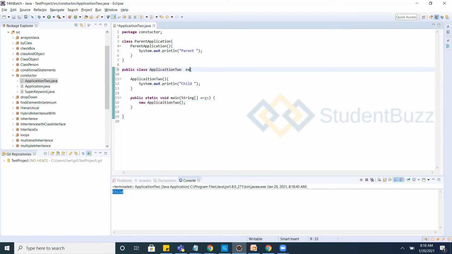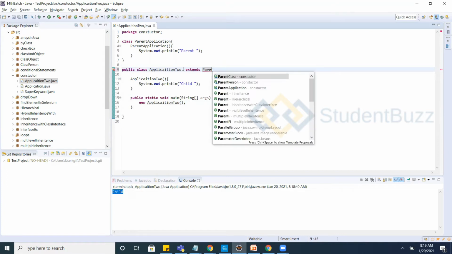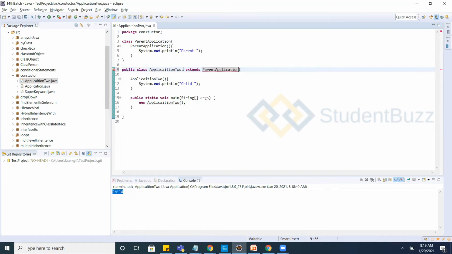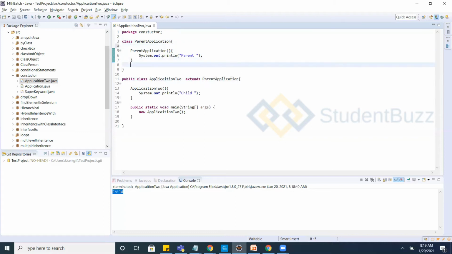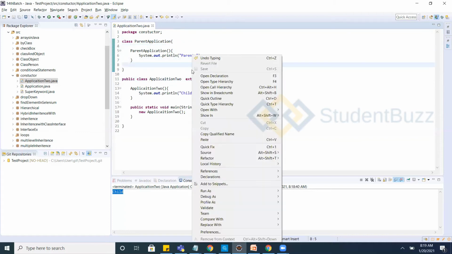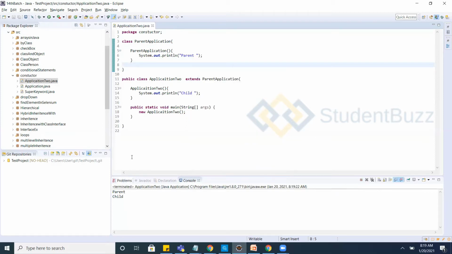I'll extends parent application here. So what is the concept of inheritance? When you extend this parent, automatically whatever features we have in this parent class get inherited or adopted, right? Let's see now.